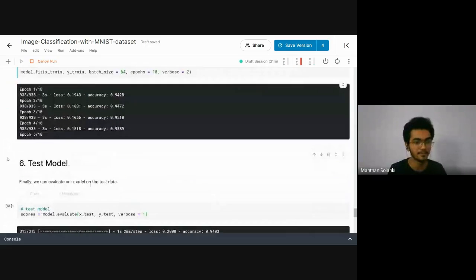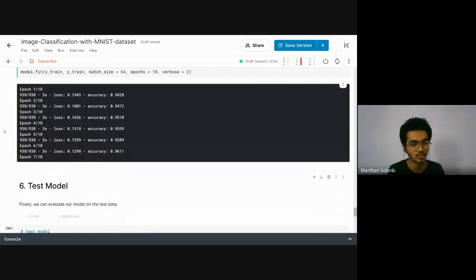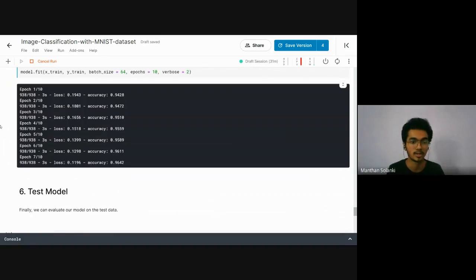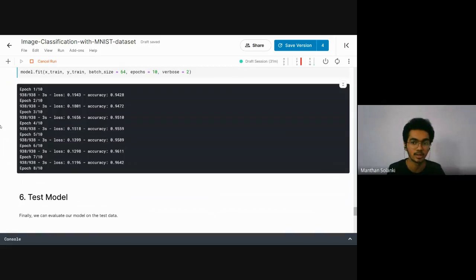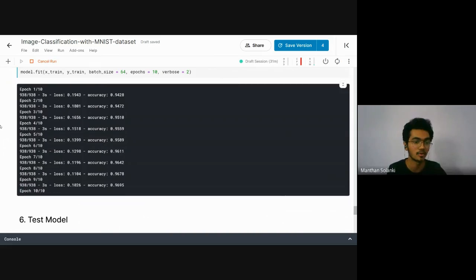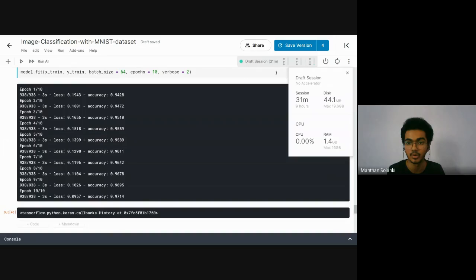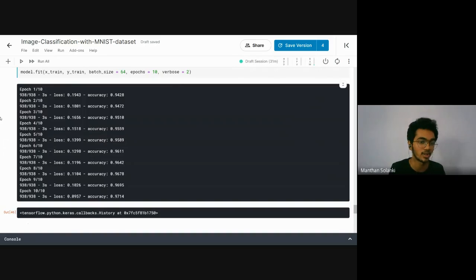It will take some time. You can also use Google Colab. This Kaggle has the kernel, so they have predefined libraries available for us. You can see that till now it is working on CPU. I can change it to GPU and TPU also. So this is where you can start with the programs.